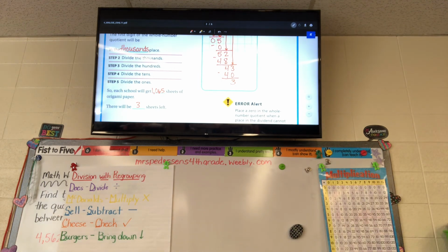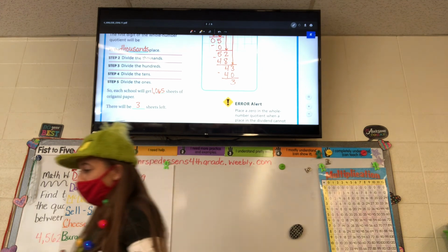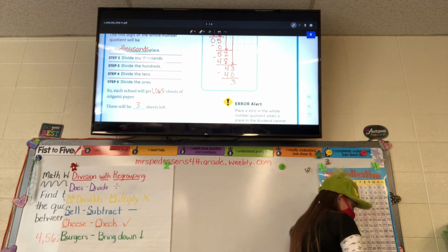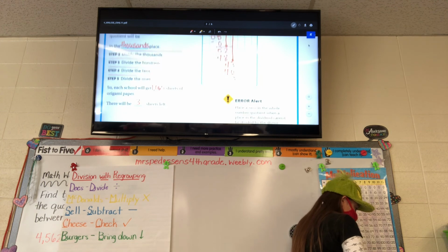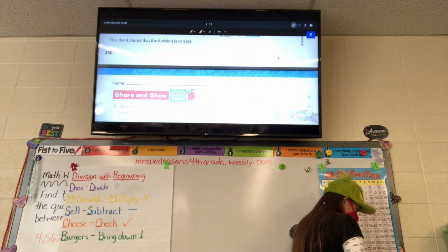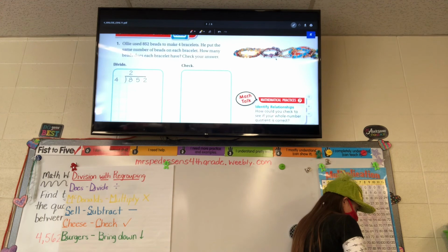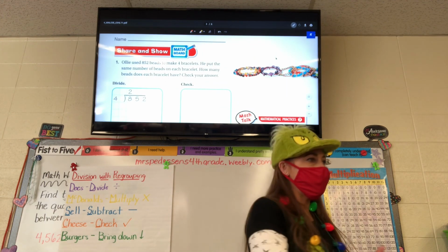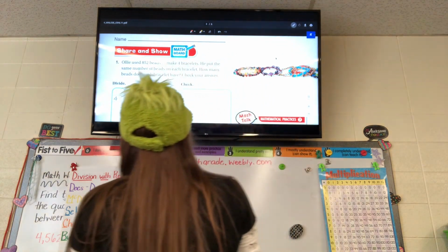Okay, we're going to skip the rest of this page because it just talks about checking, and we've already done that. So, head to the back. No, this page. Ollie at the top. Ollie used